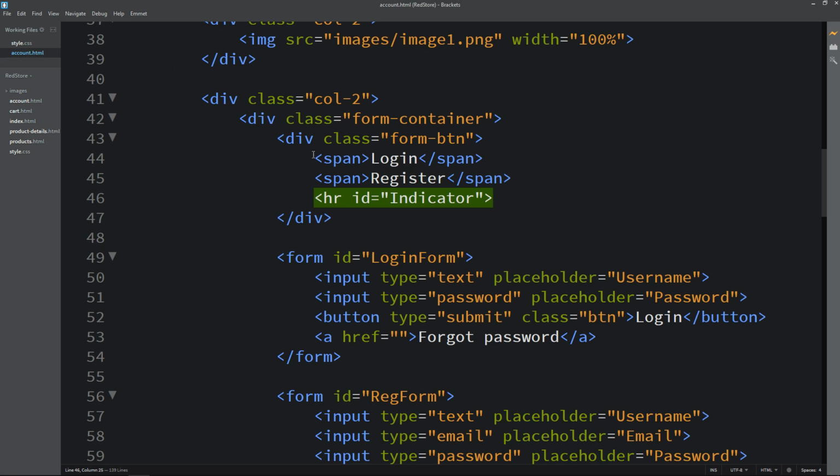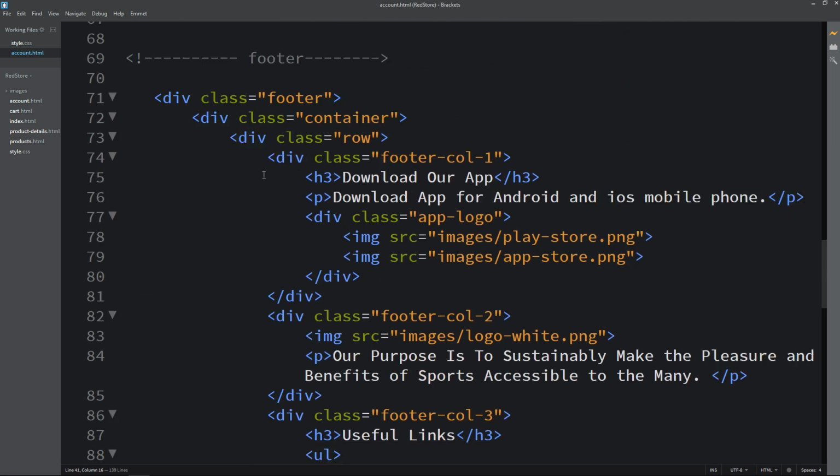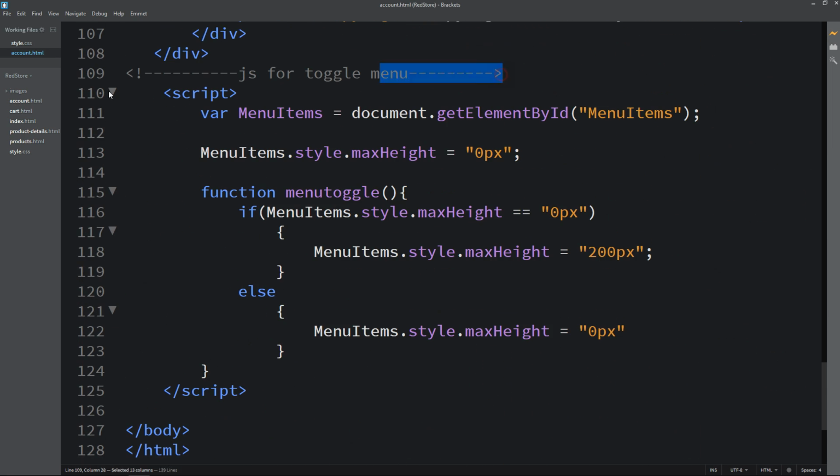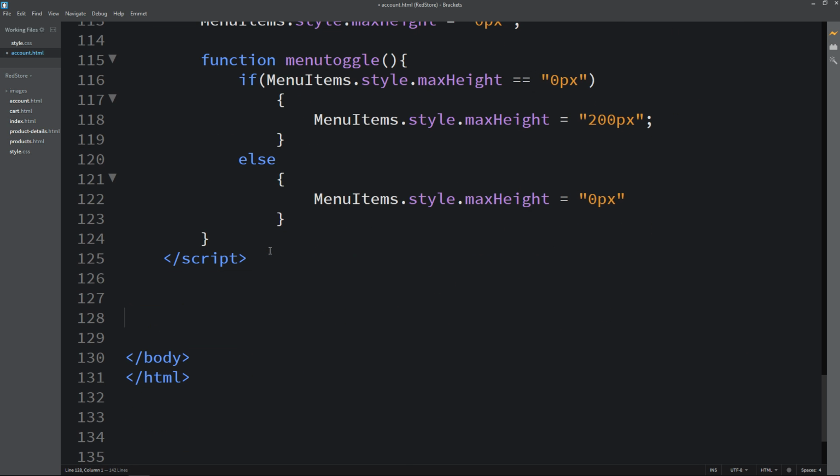So just come back in the HTML file and let's come to the bottom. You can see we have written this JS for the navigation menu. So after this script we will add one comment. So the comment I am writing JS for toggle form.